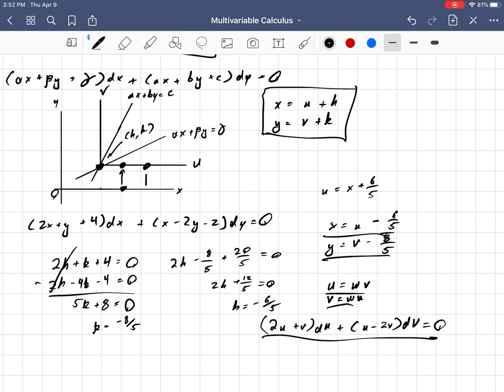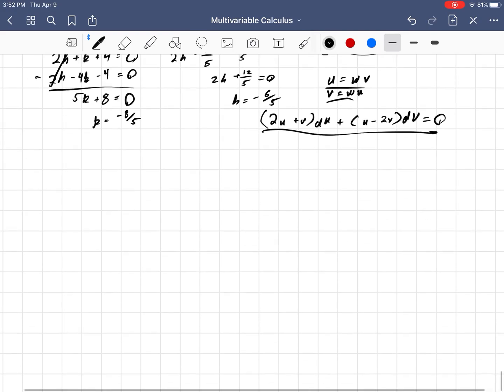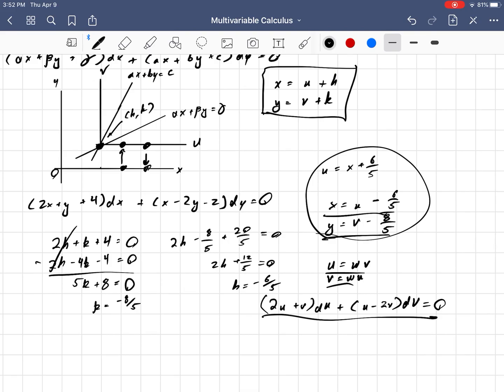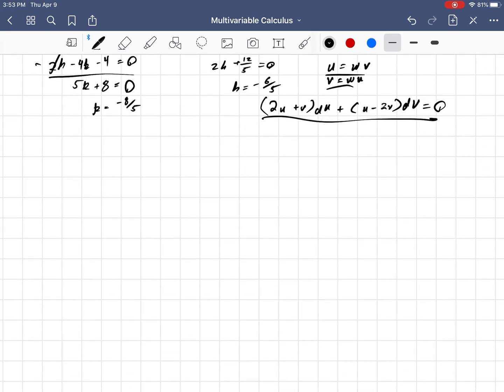Likewise, if I was on the u-axis already and subtracted 6/5 from it, I'd be on the x-axis. That's the relation between the two, and that's why these transformations work. And likewise, v would be, I keep mixing it up, when you get v, just replace every v with y plus 8/5, and every u with